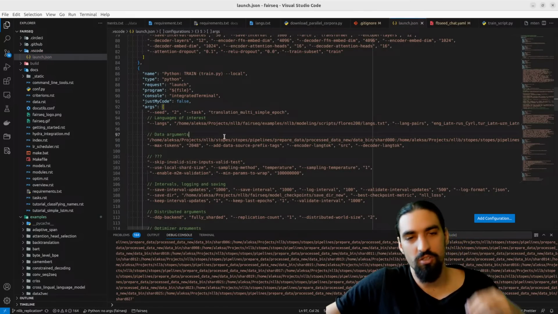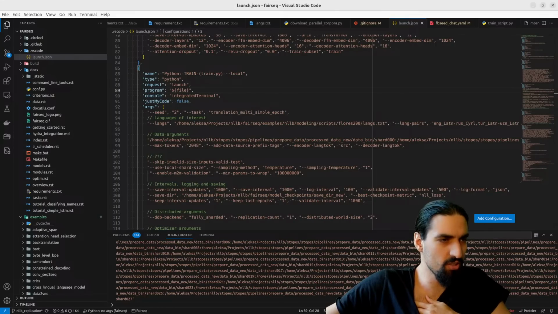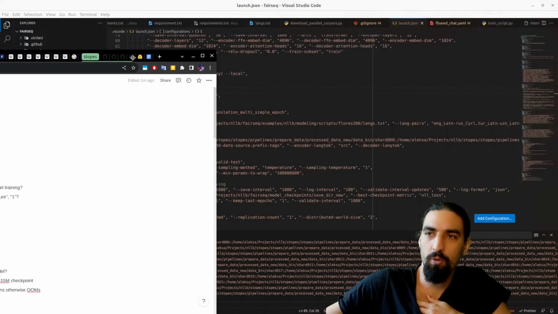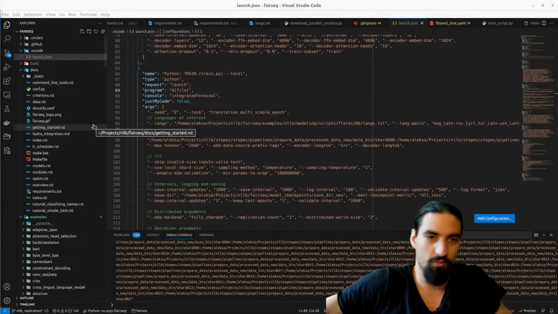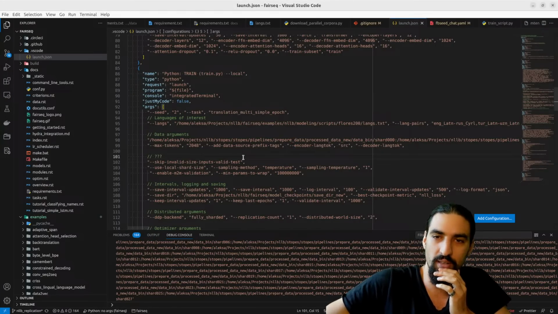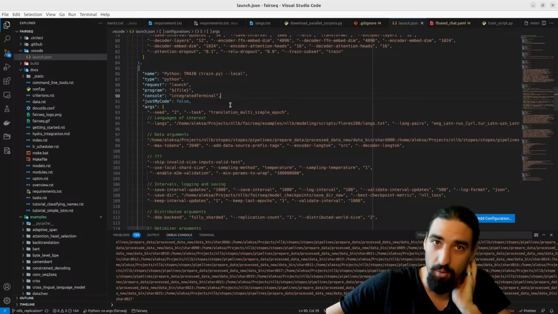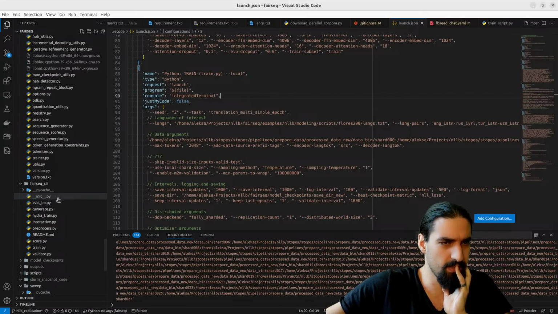We don't know what these are. Let's go and kick off the training run and understand these parameters exactly. And then we're gonna kick off the final run, the final quote unquote, the first one. And then in the background, we can decide on the languages that we wanna include into training. Okay, let's go to train.py under the fairseq CLI directory.